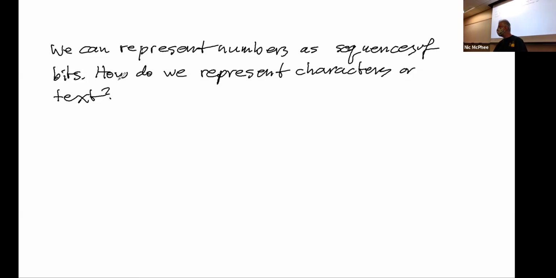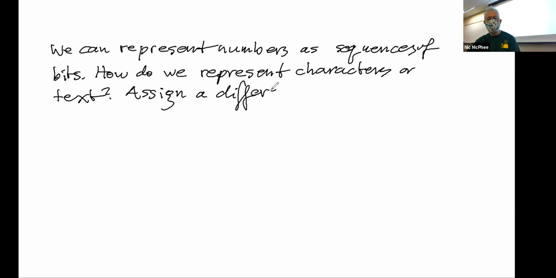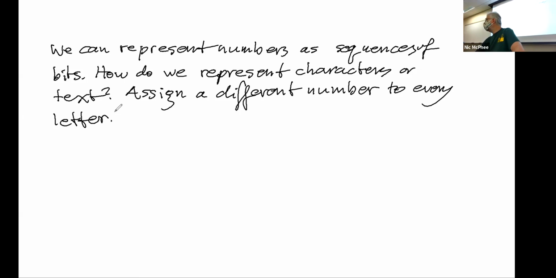So how do we actually represent text? Well, this is actually a place where the decisions are kind of arbitrary. Basically, we're going to assign a number to every letter. Okay? So we're going to just assign numbers to letters. And the assignment could be really quite arbitrary. It doesn't really matter